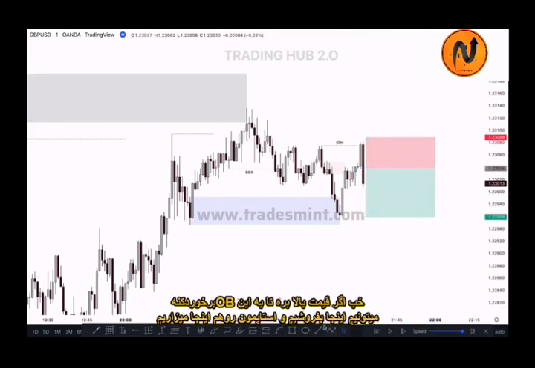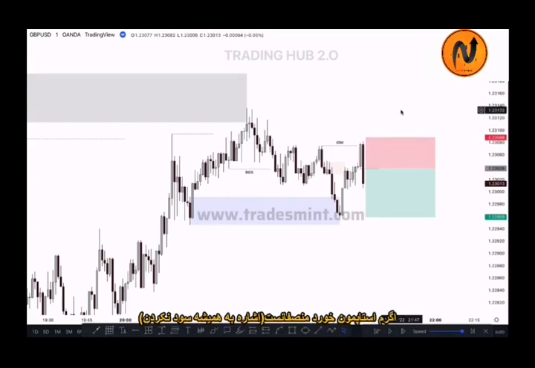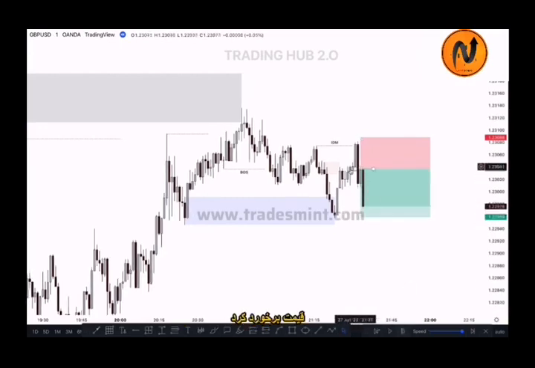If price pushes upside to mitigate this order block, then we can sell here, and our stop loss is here. If the market hits our stop loss, this will be fair. Okay, why? Because we follow our rules. Okay, so let's see what happened here next. Market mitigates,